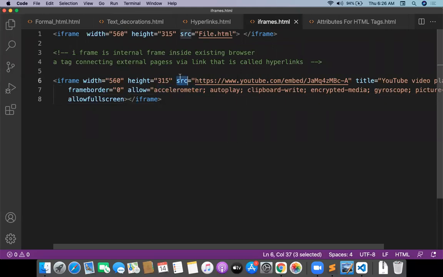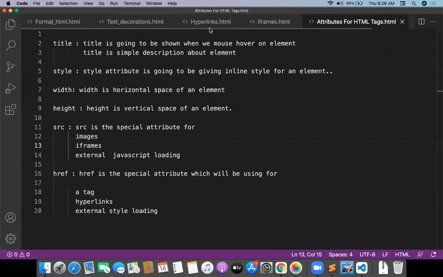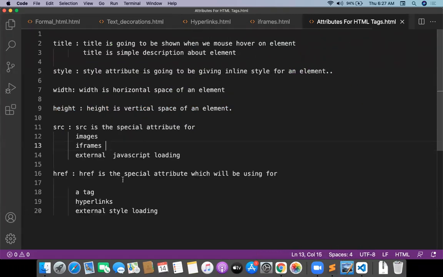SRC is the attribute available for the iframe, but href is the attribute available for hyperlinks. For images we already wrote SRC. So images SRC, iframes SRC, and whenever you have external JavaScript loading, SRC is required.